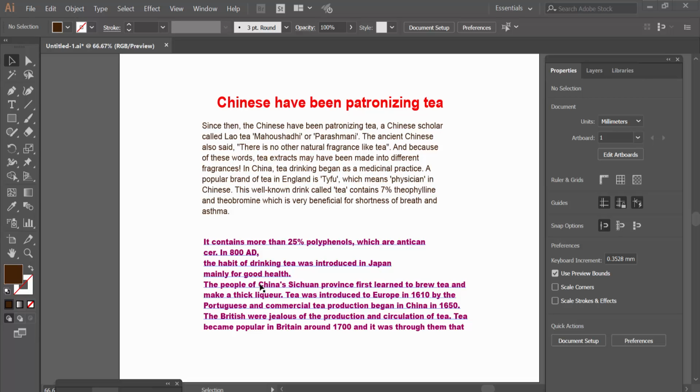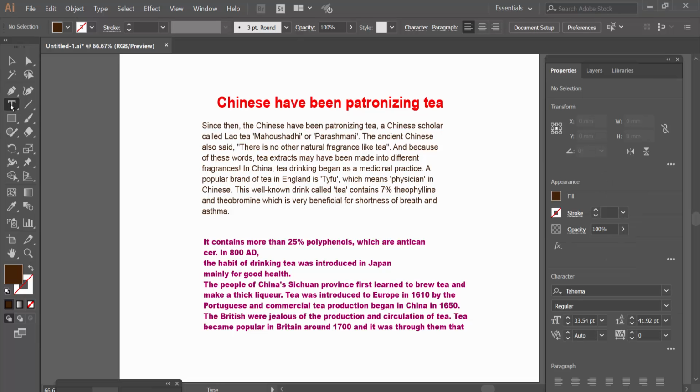Hello everyone, today I will show you how to make a font italic in Adobe Illustrator. Open your Illustrator file. Now click on this type tool